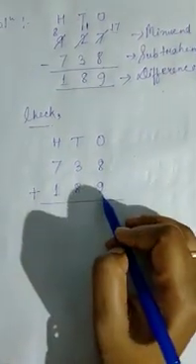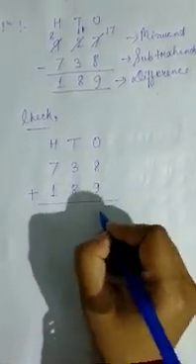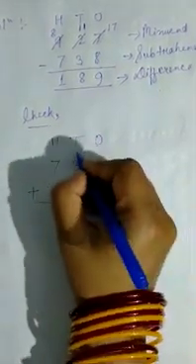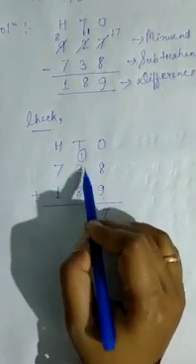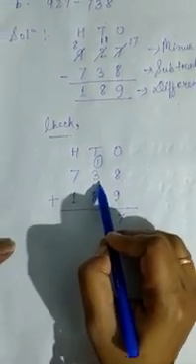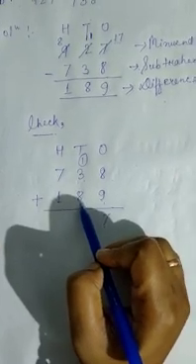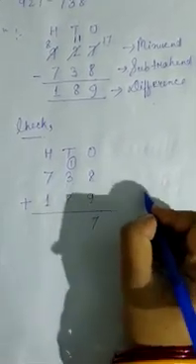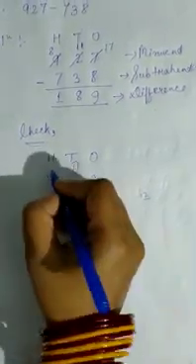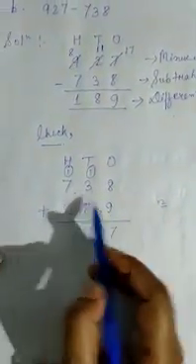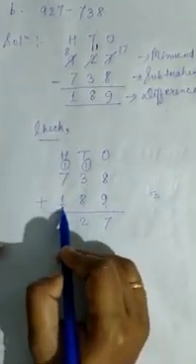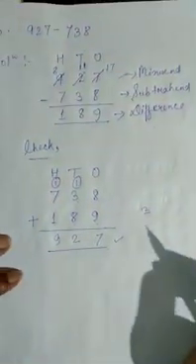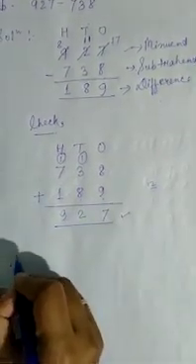Now we add 8 plus 9. 8 plus 9 is 17. So 7, and 1 is carried forward to the tens place. Now we add 1 plus 3, which is 4. 4 plus 8 is 12. So 2 I have written here and 1 will be carried forward to the hundreds place. Now you add 1 plus 7, it is 8, and 8 plus 1 is 9. So you see this 9, 2, 7 and this 9, 2, 7, is it the same? Yes. It means our answer is correct.